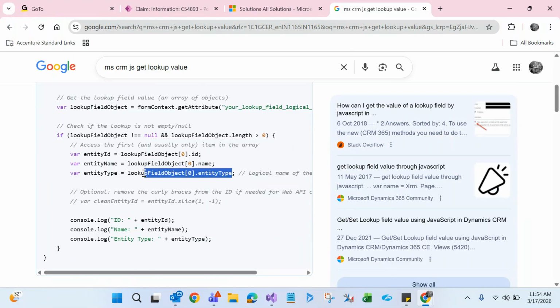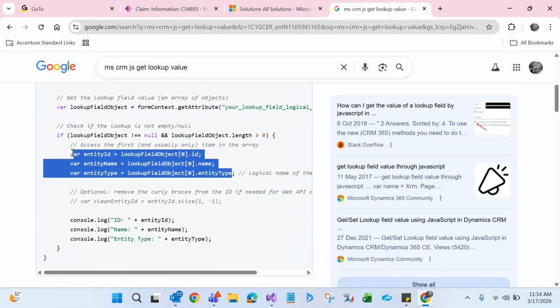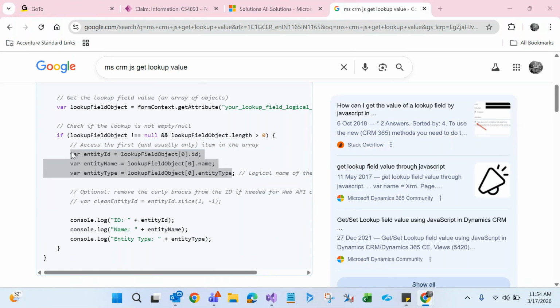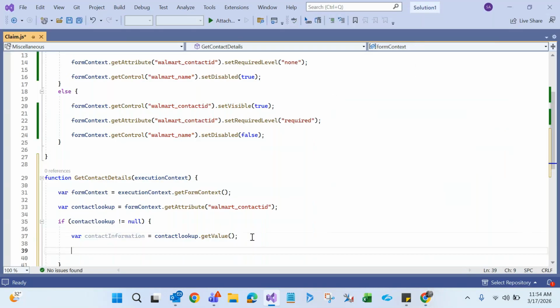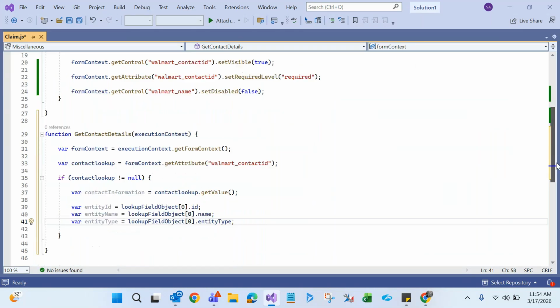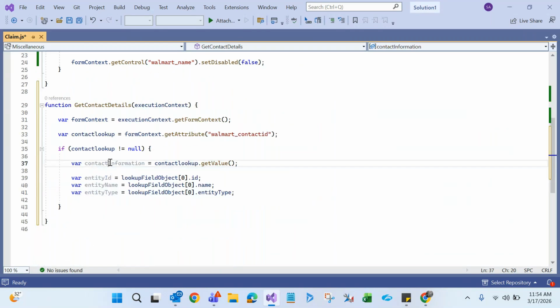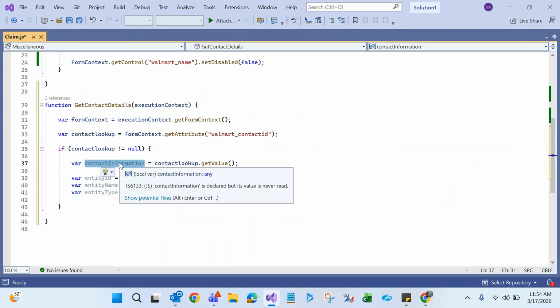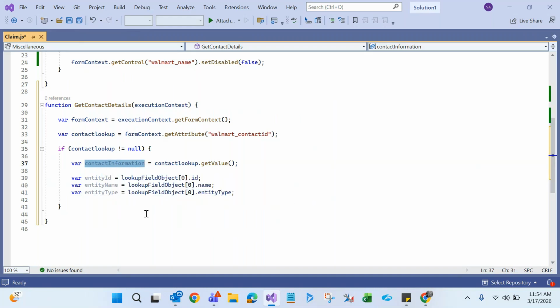So I am copying these 3 lines of code and pasting it here. Now I am getting the contact information. Now I am getting the contact lookup value. Contact lookup contains how many values? 3 values. These 3 values will be stored in this particular variable. So contact information,